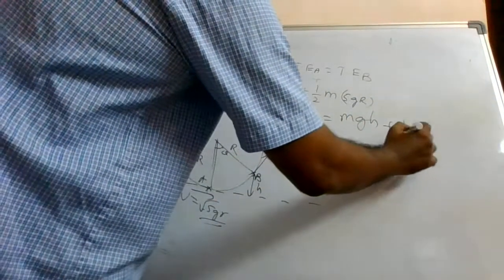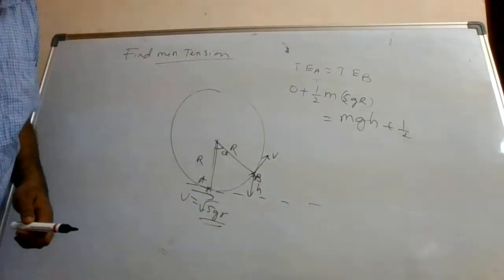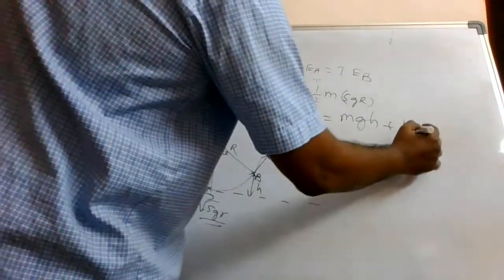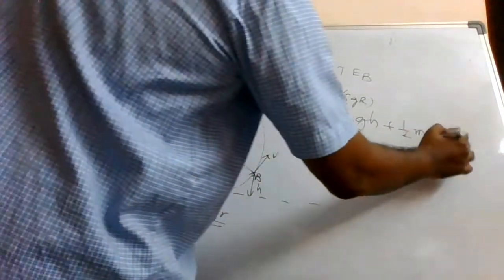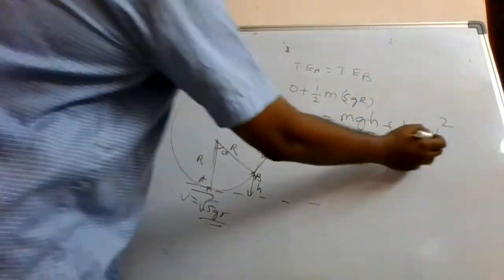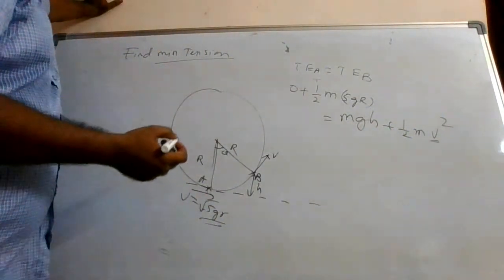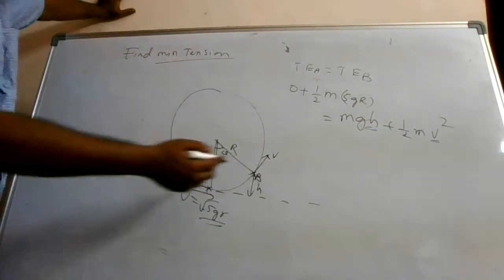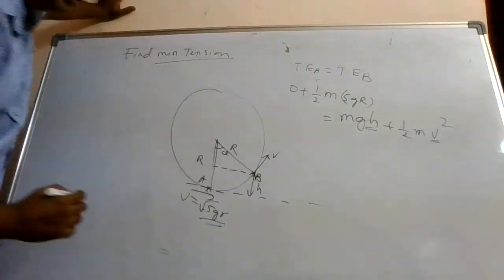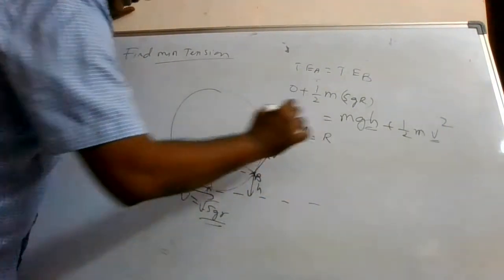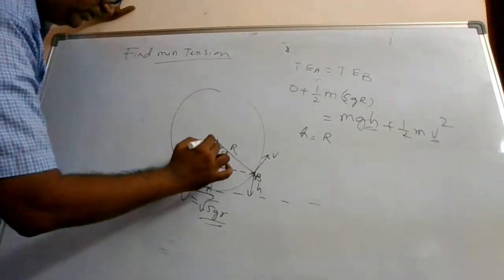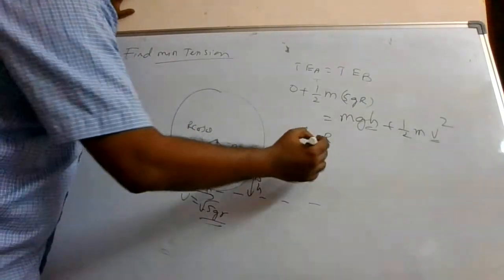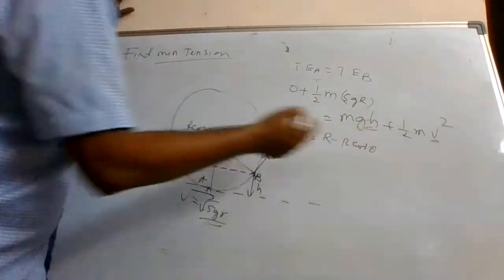And what is the kinetic energy? mgh plus half m v square. We don't know the speed here, we are calling it v. Our objective is to find this v value. Alright. So let us calculate that. Here we need to know the value of h. What is this h basically? So draw a line here. So h is equal to r minus, see in this triangle, this is r cos theta, isn't it? Theta is given in the question, so h is r minus r cos theta. That is the value of h.